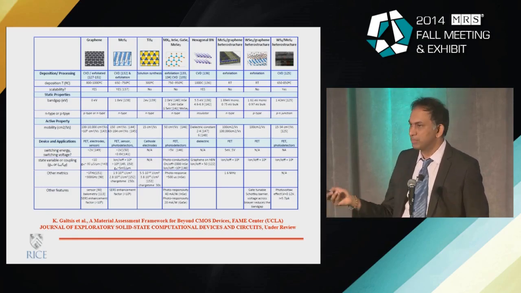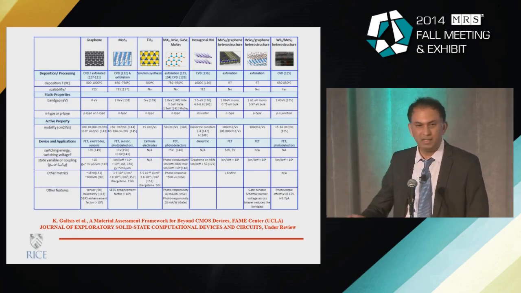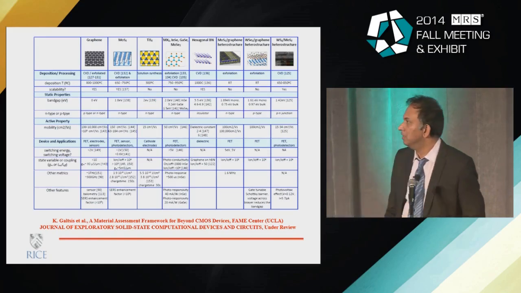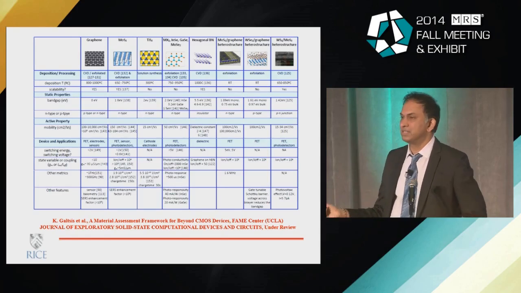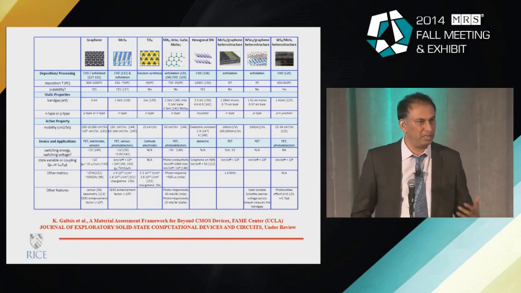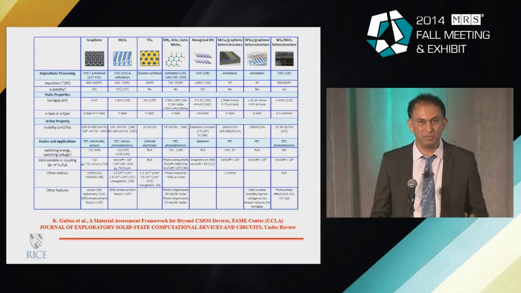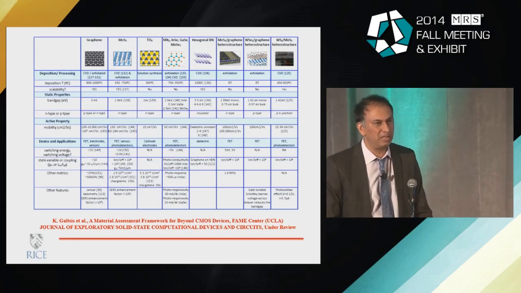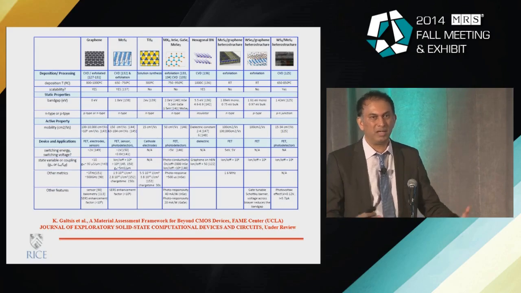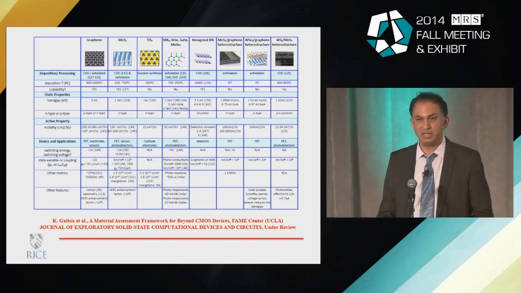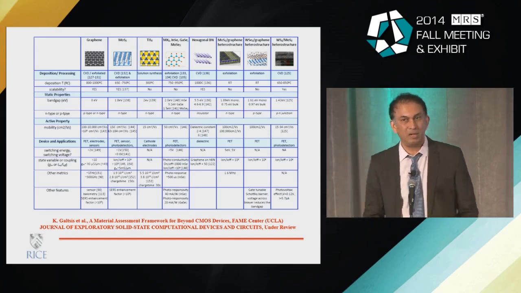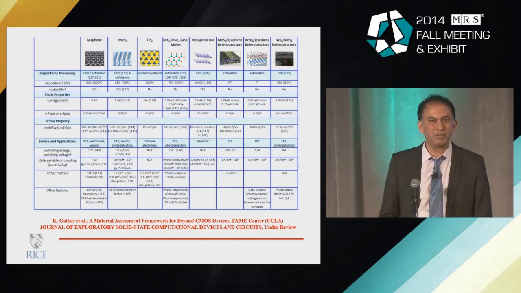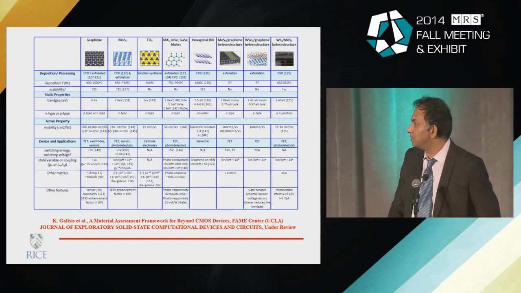There are lots of issues that one has to address. How do you really think about scalable growth? How do you think about defects in these structures? How consistent these structures could be when you're trying to make devices. For example, the contacts could be a big problem. And what are the interesting properties that these materials would produce? How good are these as photodetectors, or how good are these for FET transistors, how good are these for energy storage materials. So there's a large set of opportunities here, and a large set of challenges here.